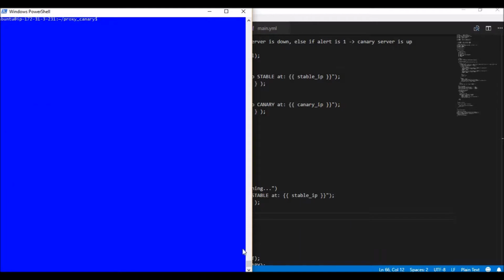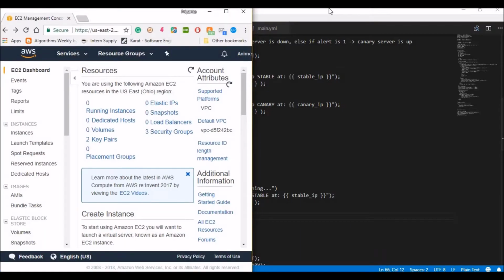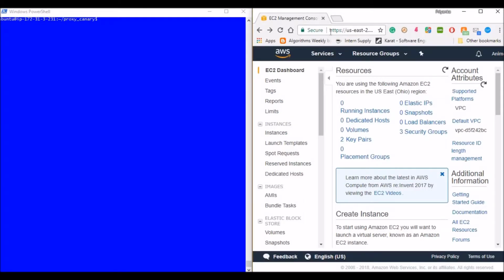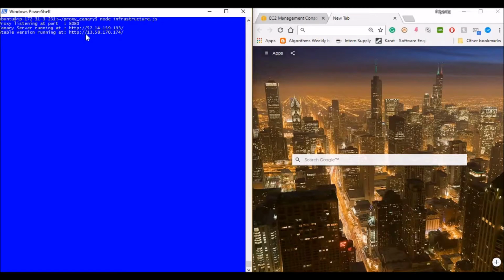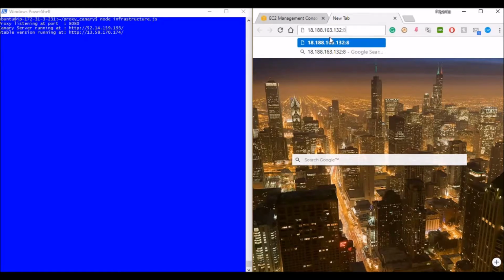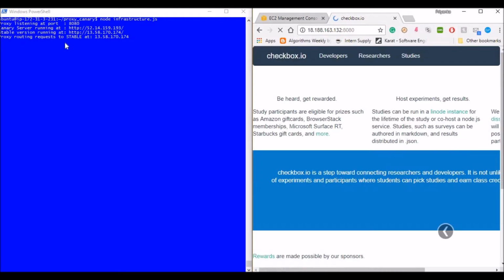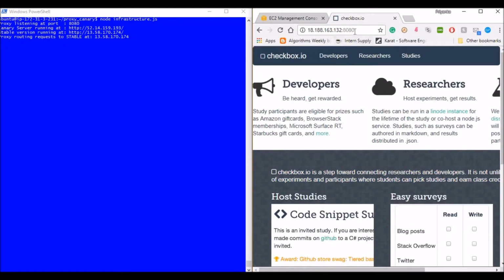So here I am logged in on my proxy server and I'll open the browser, and here I'll just run the infrastructure.js, and it is listening, and we can see that Canary is running on this IP and stable is running on this IP. Now if I create a request on the proxy IP at port 8080,